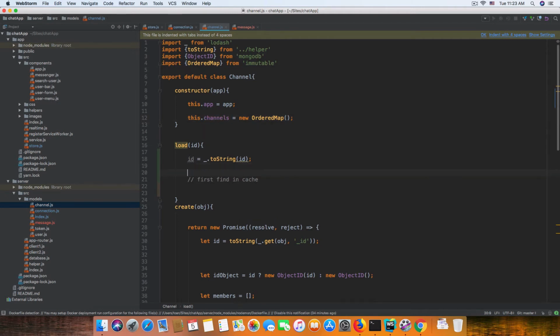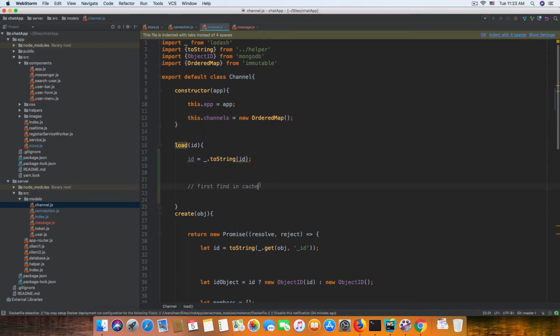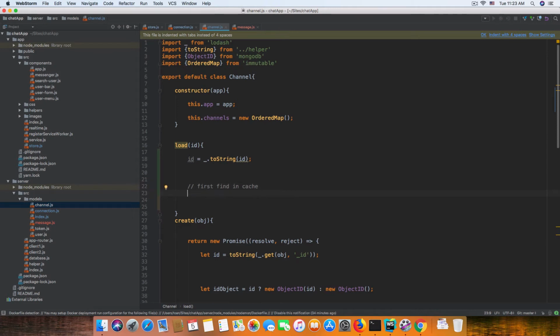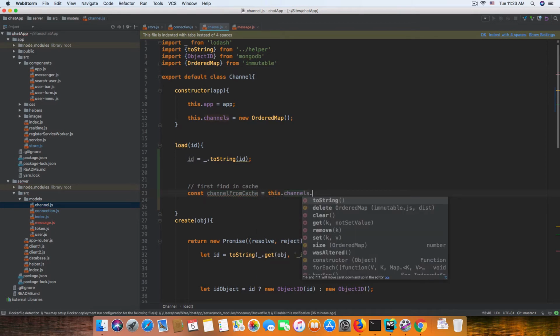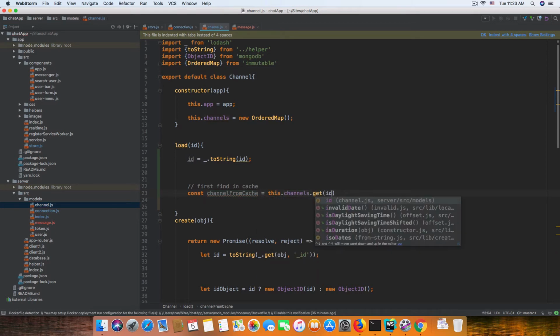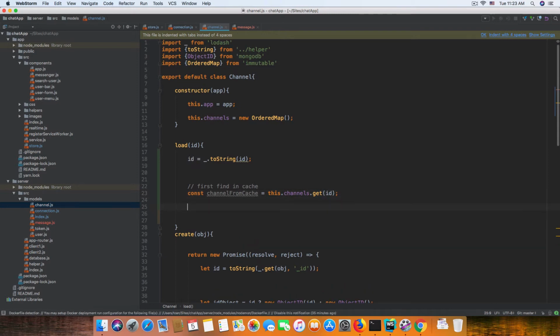And here we need to first try in cache and do const channelFromCache equal this dot channel dot get exactly ID, and we check if channelFromCache,